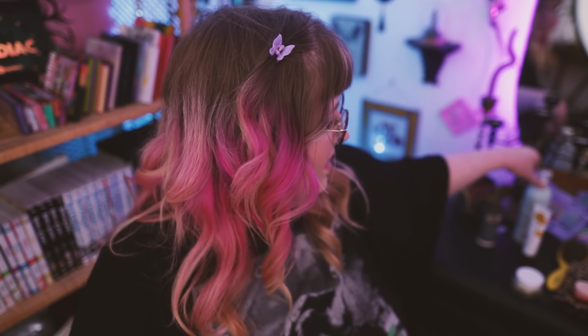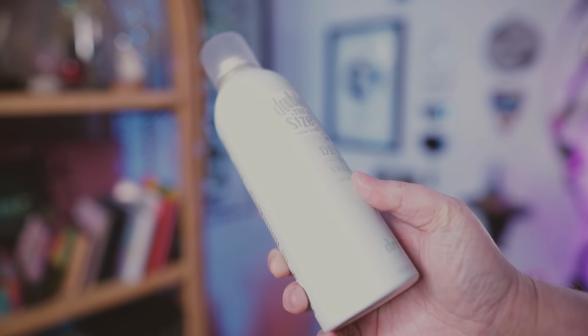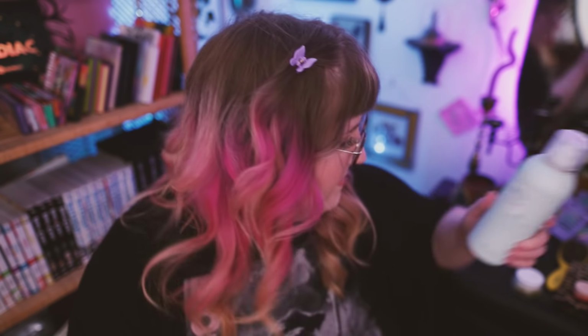And then I bought a couple of things from the Sephora sale. So first off, this is not anything new that I've used, but I should mention that I got one of the Detox Dry Shampoos. This is in the double size. This is twice the size of my normal one. And I use this stuff all the time. So I was like, I can get a better deal for twice the size. Heck yeah. So I bought one of the large Detox Dry Shampoos from Dry Bar,